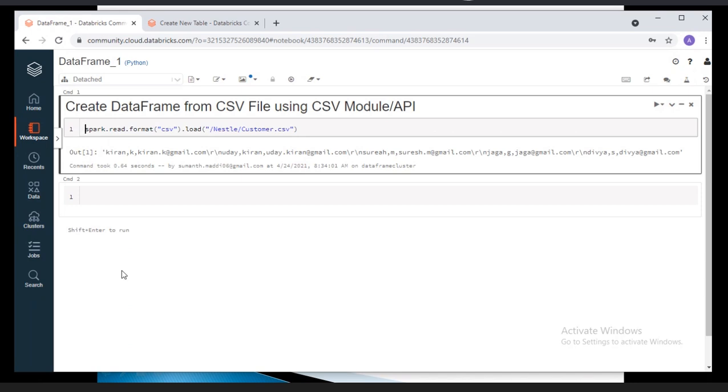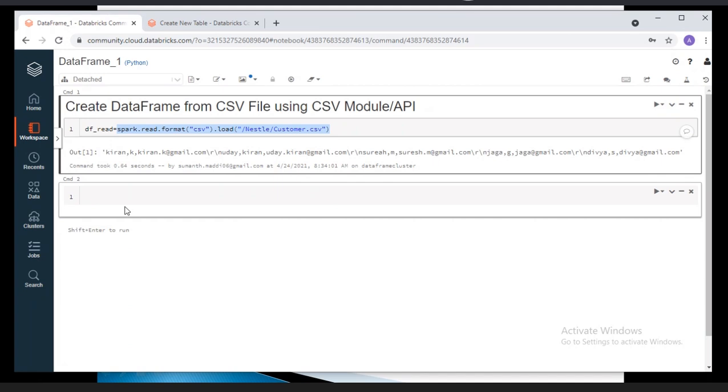Then you should define one object, df_read. This is your identifier name, your variable name. With the help of this syntax, we'll load the data from the CSV into the df_read data frame.